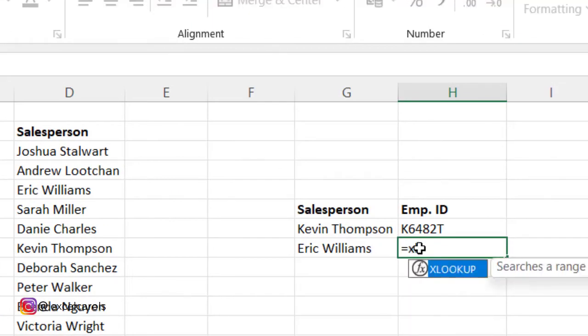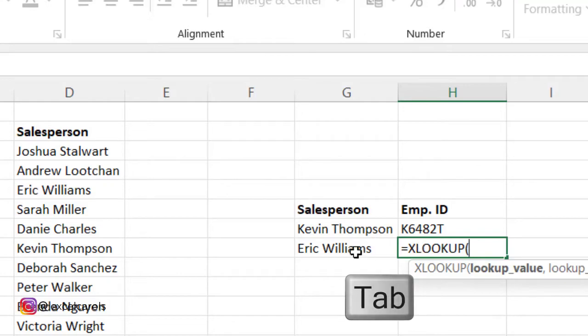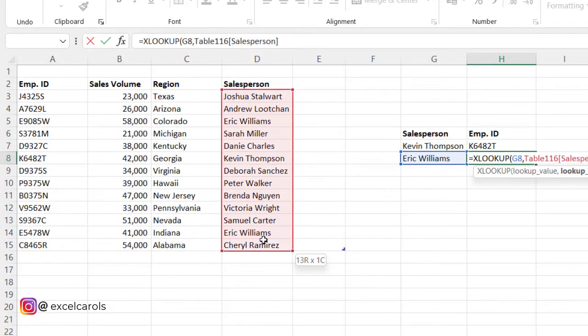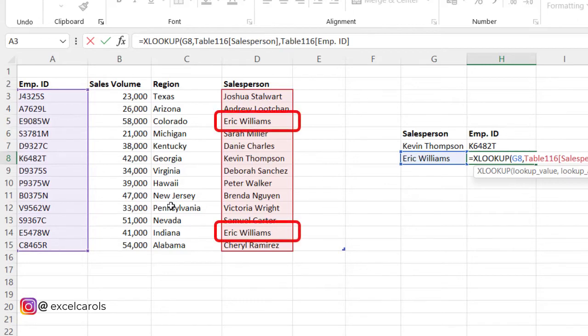Start typing XLOOKUP, it appears in the suggestion. Select the lookup value, that is the salesperson, then the lookup array, that is the set of salesperson, then the return array. Note that we have two salesperson with the same name. First is in D5 and second is in D14.